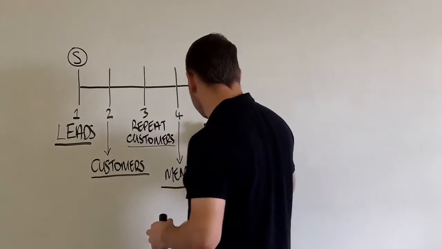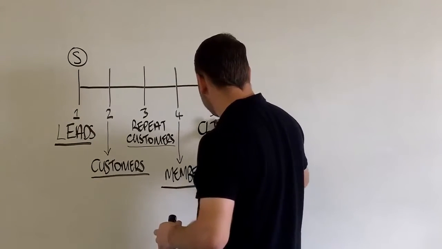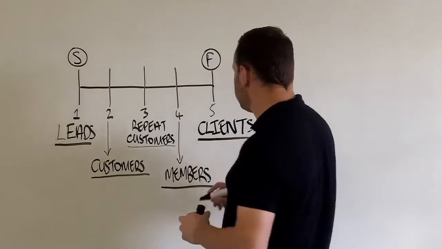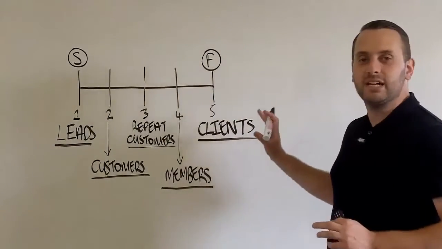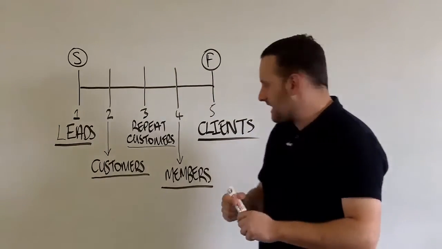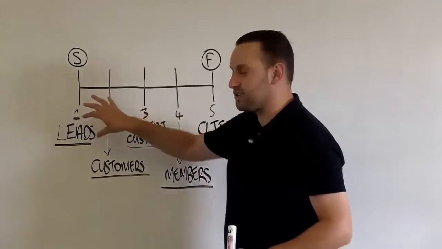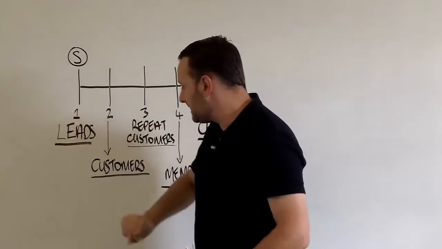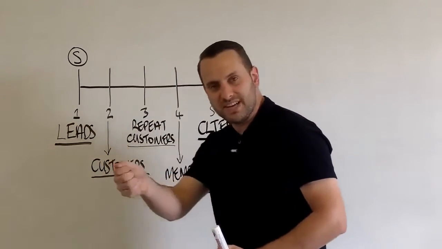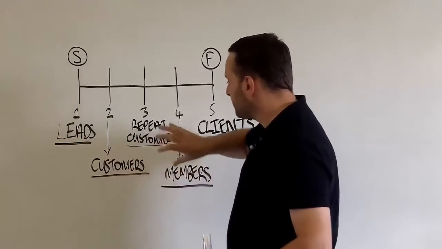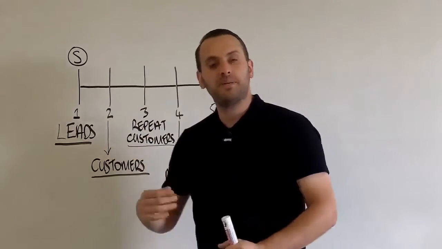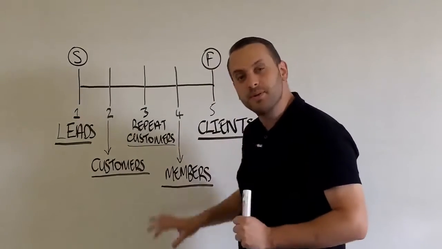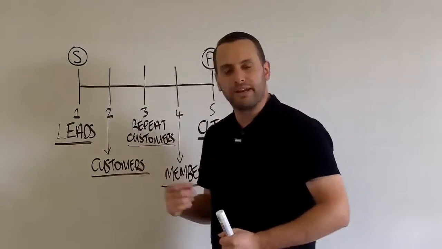And fifth and finally, and this is actually where the bulk of your money will be made, the final destination, if you can see that here now, is actually clients. Okay, so let's just take a look at this now, and then I'll teach you what the 5 components are that make this happen. So we're going to bring in leads, then we've got customers, people that actually take out the credit card and pay for something. Then we've got repeat customers. What I mean by this is people that then go on to buy more than one product from you. Then you're going to have members, so people that join your membership and pay you on a recurring basis.